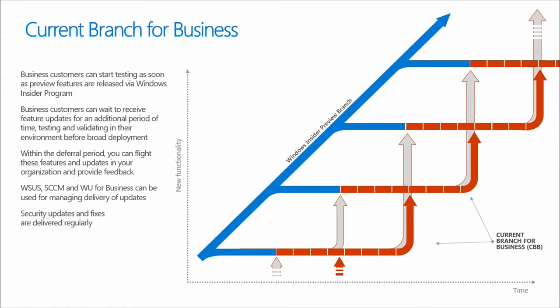Current Branch for Business then really just extends that. So instead of after 4 months jumping up to the current point in time, you can choose to go another 8. So you can defer that and do more of a staged deployment throughout your organization. That probably doesn't mean waiting the full additional 8 months for every machine in your organization, because then it's too much to do at once, too much risk, too much network bandwidth, if nothing else. So you're probably going to do a much more gradual deployment. That's why we've talked about being able to do your own rings and providing new capabilities in Config Manager and WSUS and Windows Update for Business to make that much easier to do.